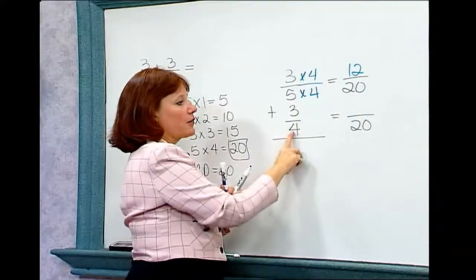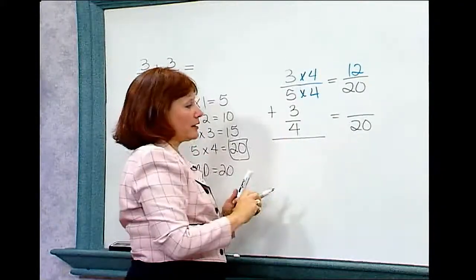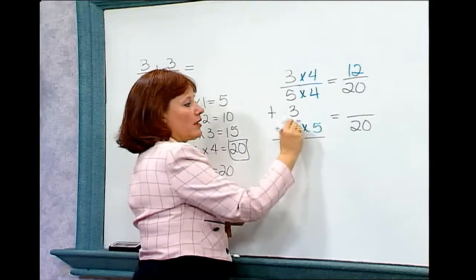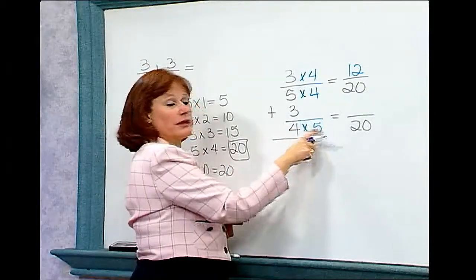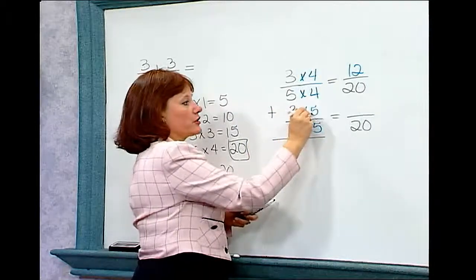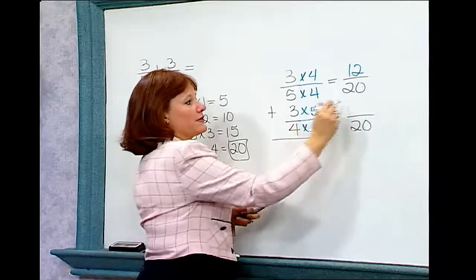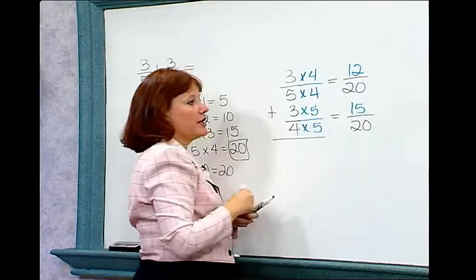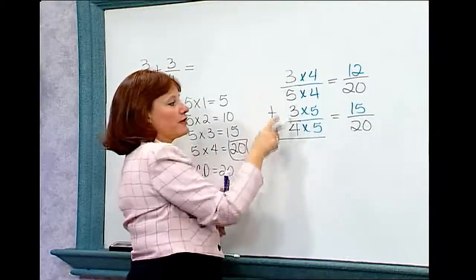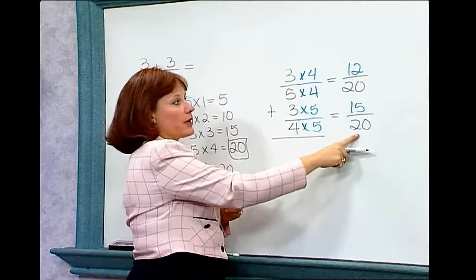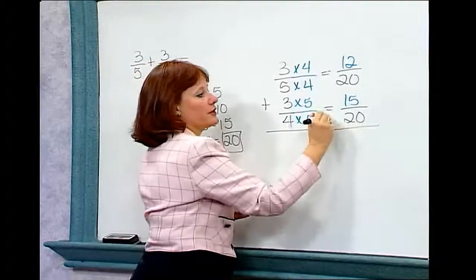In the next fraction, I want to change the 4 into a 20. So I know that I need to multiply that by 5. Whatever I do to the bottom of the fraction, I need to do to the top of the fraction. 4 times 5 gives me the desired 20. 3 times 5 gives me 15. So I've changed my problem from 3/5 plus 3/4 to an equivalent problem with similar denominators, 12/20 plus 15/20, and